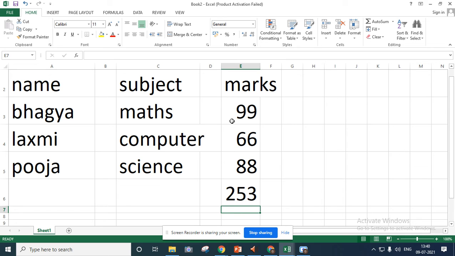But for exam time, whenever your final exam is offline, at that time you have to do everything in the system. If I tell you to create a student table, write fields like name, roll number, subject and marks, add four subject marks, and suppose I tell you to perform different operations like subtraction, multiplication and all, at that time you have to do it in the system for your exam. Is that clear to all?